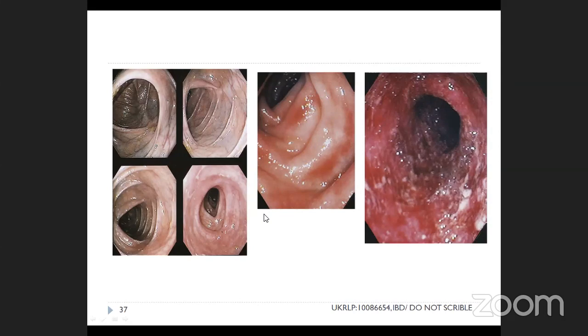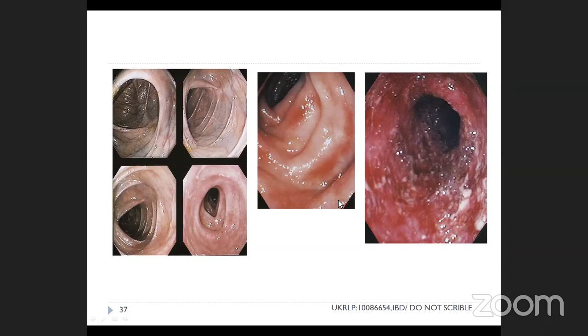So the same thing: these are the mild form of ulcerative colitis. On the other hand, on the left-hand side, these are the severe form of ulcerative colitis, where the mucosa can start bleeding even by a small touch of the endoscope. There's a chance of hemorrhagic mucosa in these patients on endoscopy.